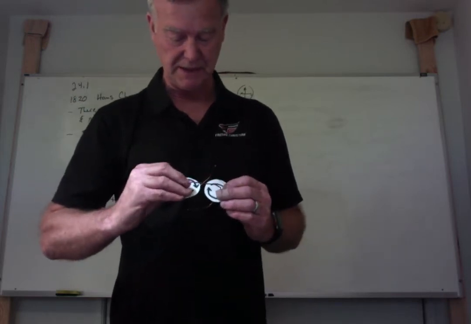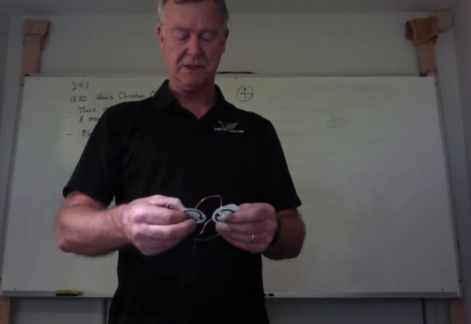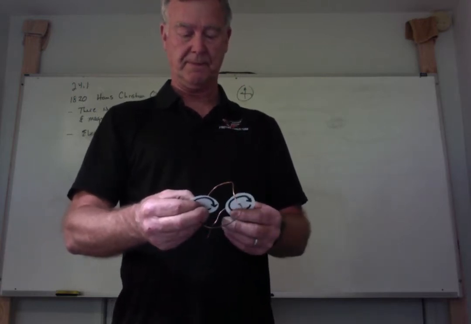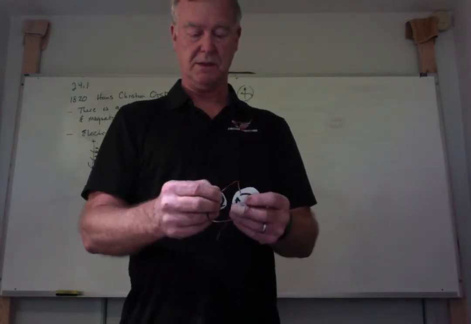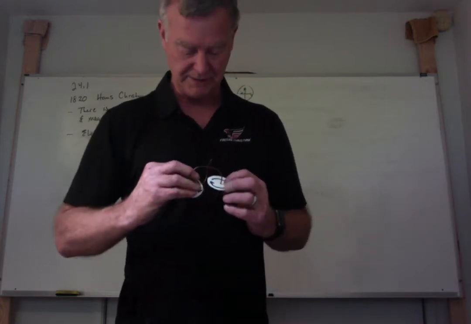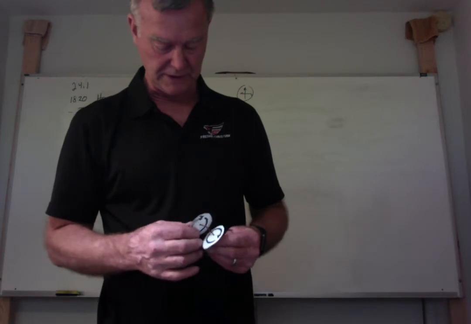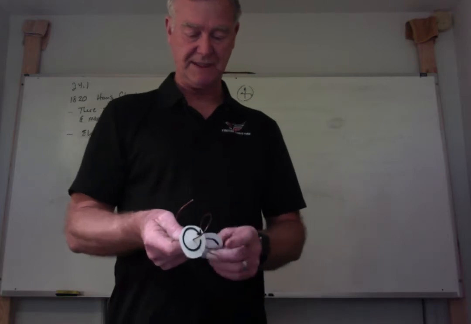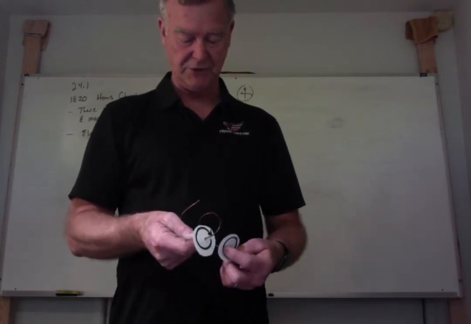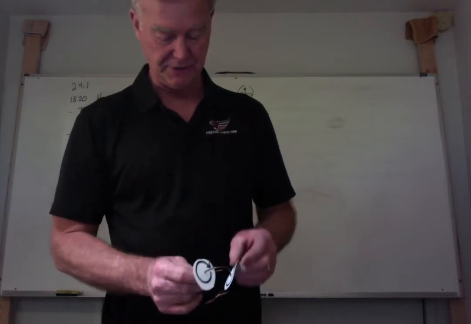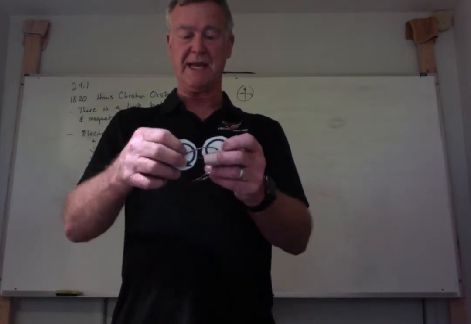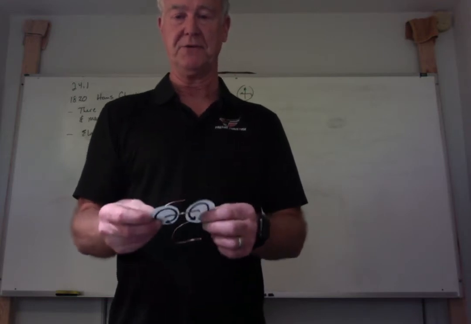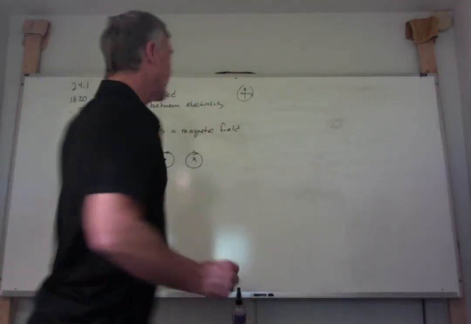Actually, something is not right here. They should be going in the same direction. Do I have these backwards? Oh. Oh man, I have this upside down. I'm sorry. This should be like this. I had those on backwards. They actually should both now be heading down. I don't know if you can see that or not, but this is heading down and this one is heading down. When we take a coil of wire,